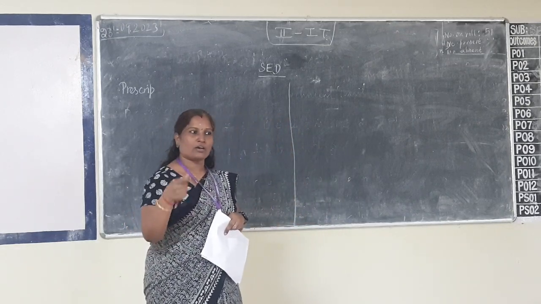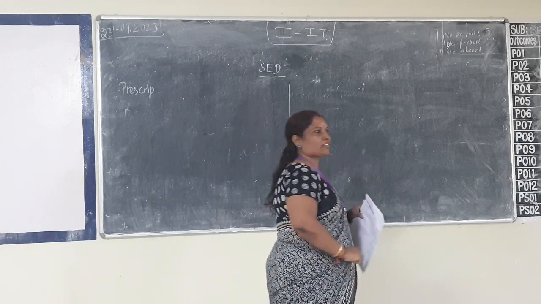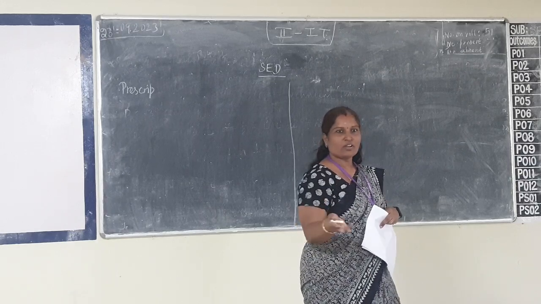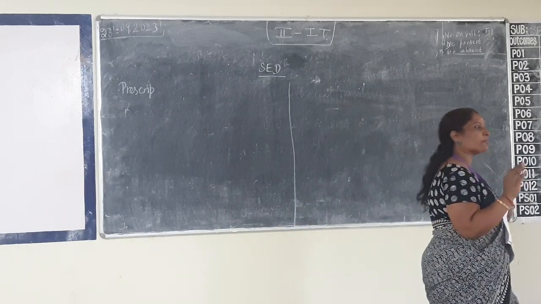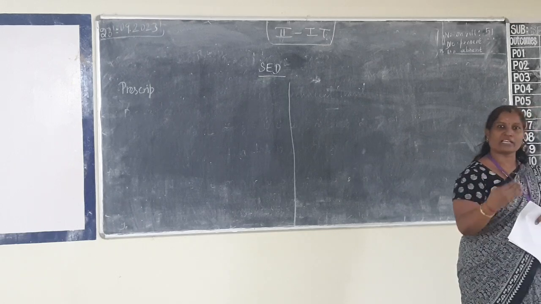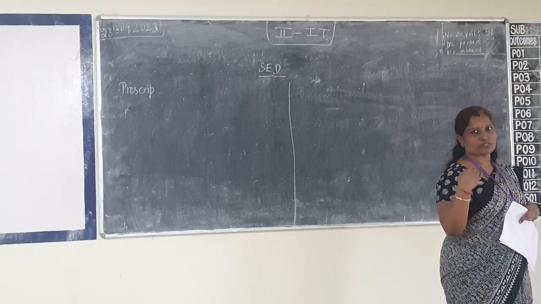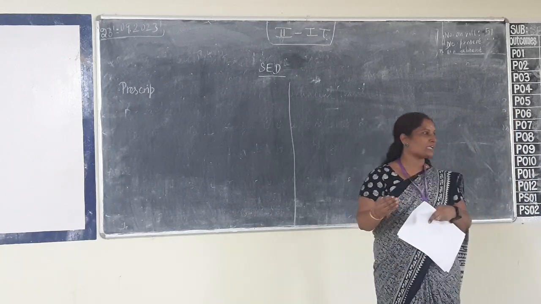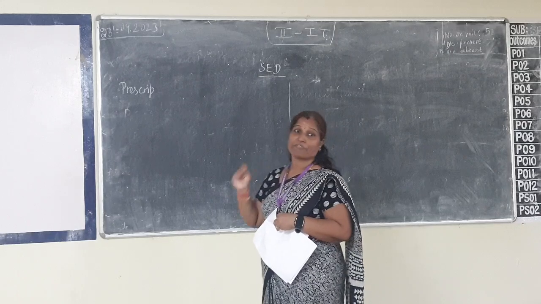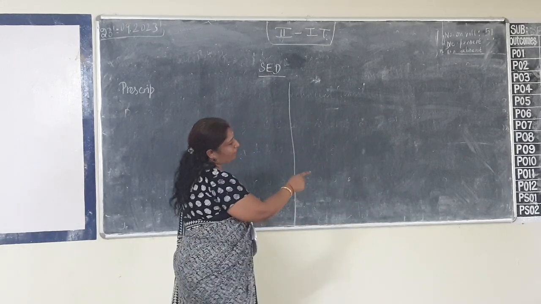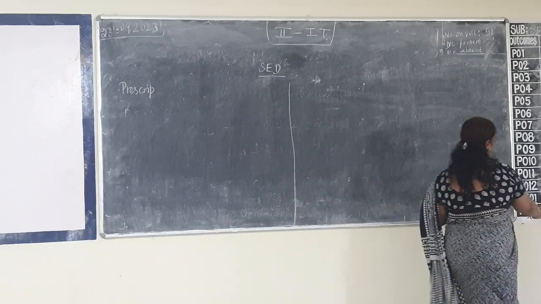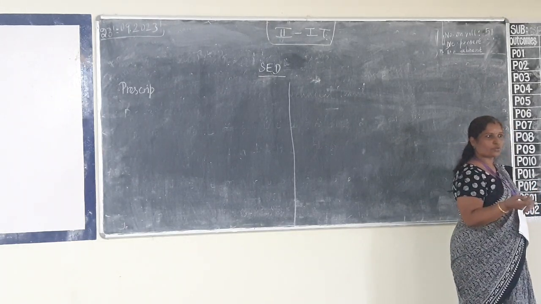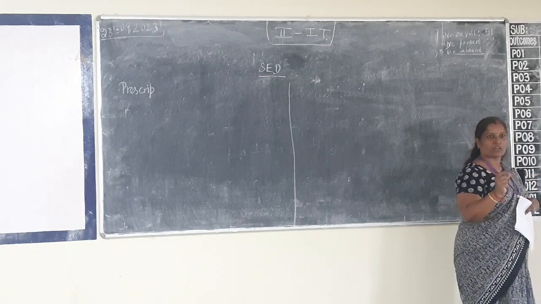Have you all memorized all the POs? PO1 to PO10 and PSO1 and so on. Somehow you have to memorize that. Sometimes you have to recollect, and every class when we are marking this, you have to check whether it has been mapped correctly. PO1 to PO12 definitely you have to memorize, and then PSO1 and 2. Nobody has given you what PO1, PO2, PO3 and all are.